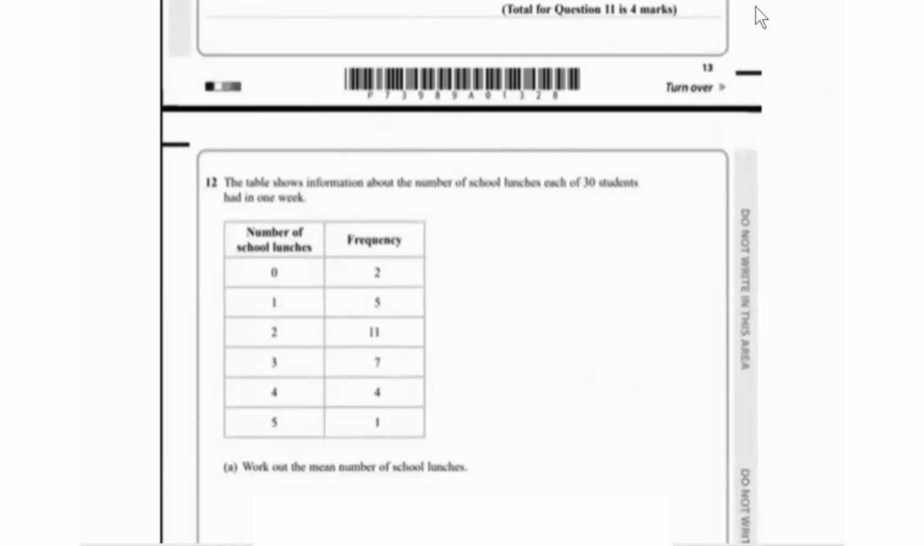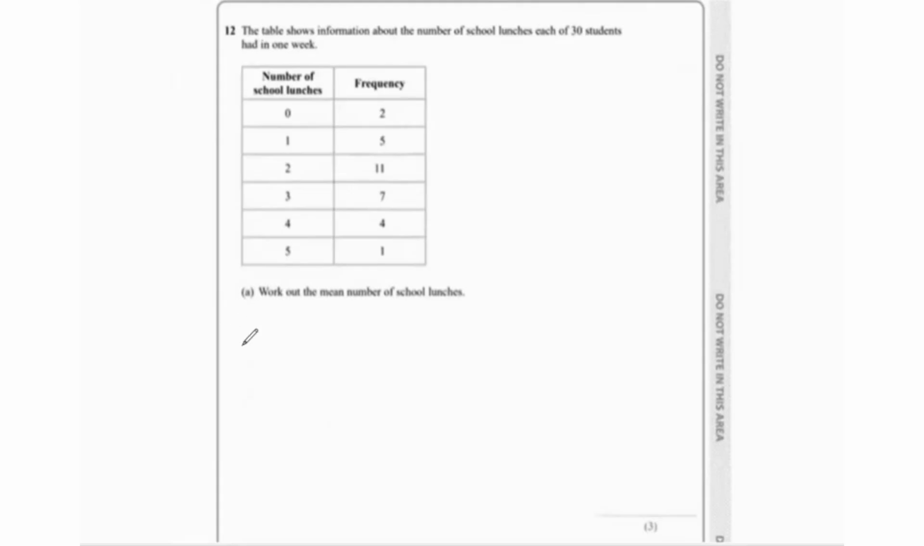And this was for 4 marks. Then question 12 says the table shows information about the number of school lunches each of 30 students had in 1 week. Work out the mean number of school lunches. So for the mean value,